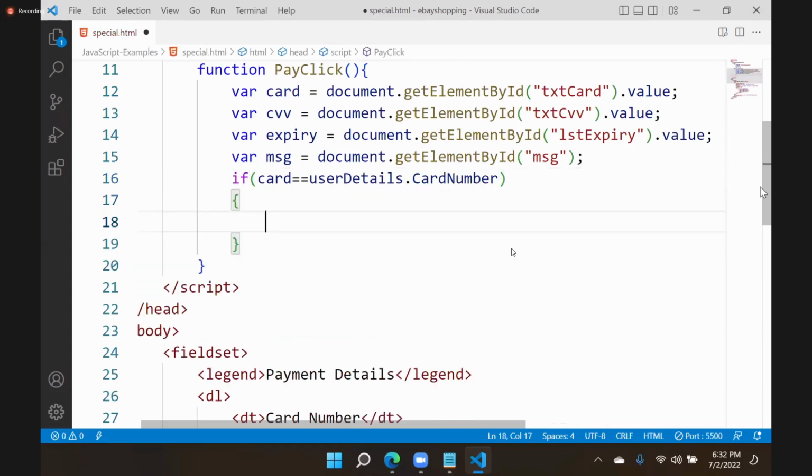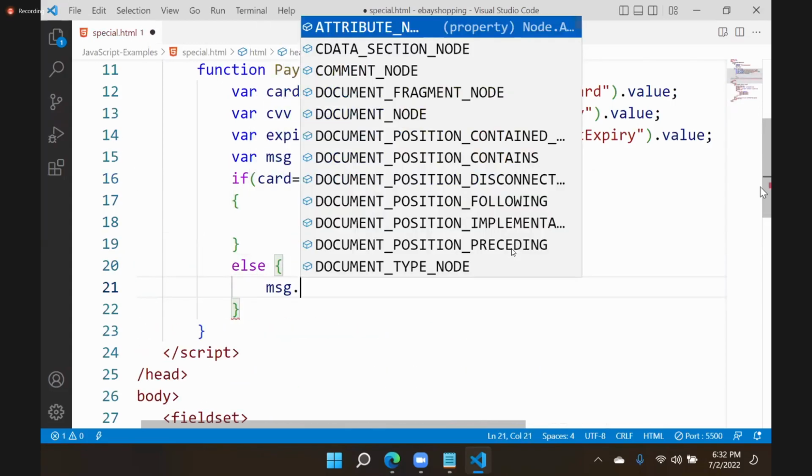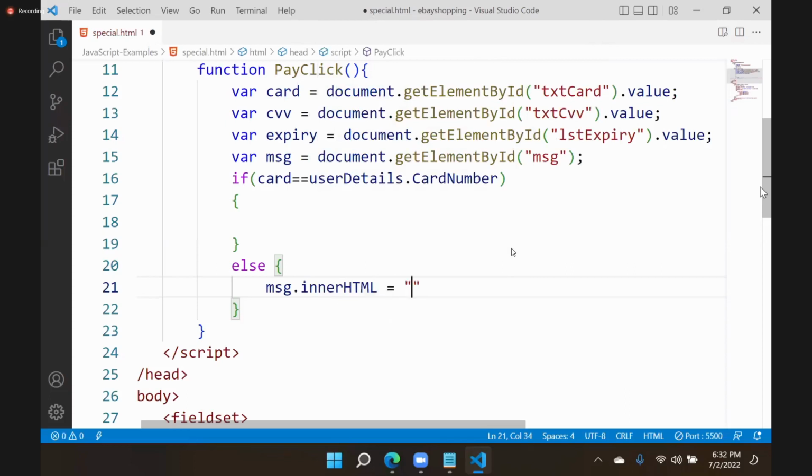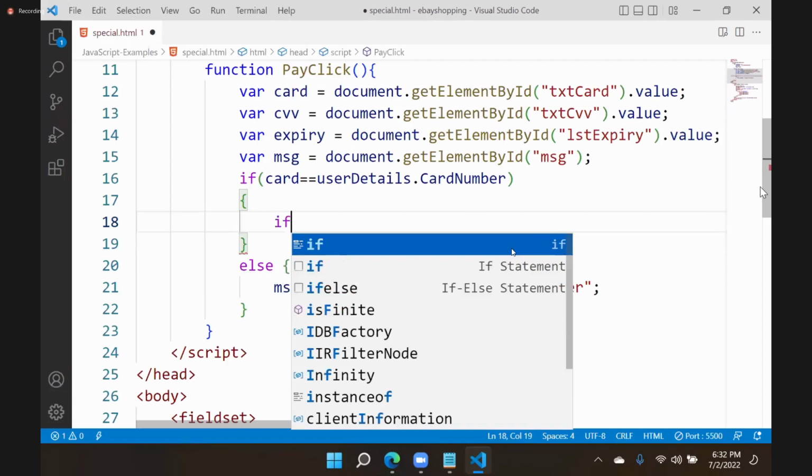If not matching, else, if not matching, msg dot inner HTML, what should be the message? Because you are verifying card details, that means invalid card number. That is the message. If card is matching, then what should I do? If card is matching, then again if